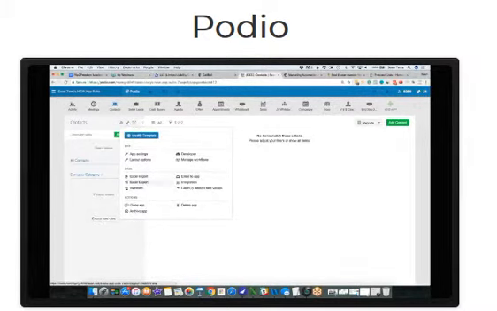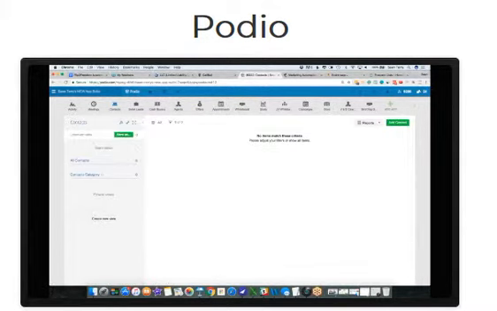Layout options. You can import, Excel import data, export your data. You can create web forms just for this. You can clone the app, right? So,